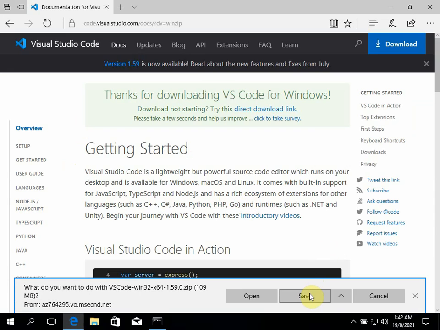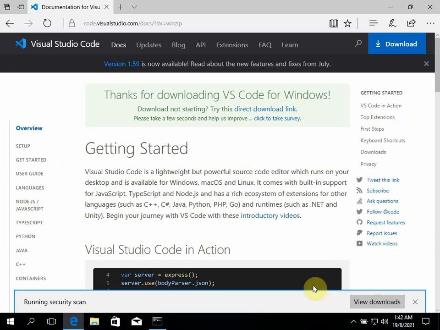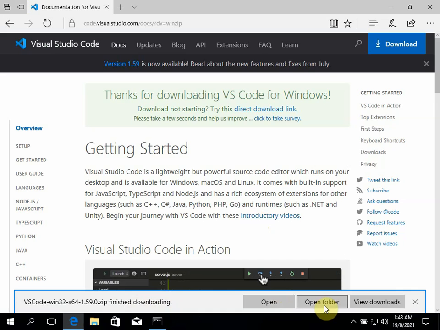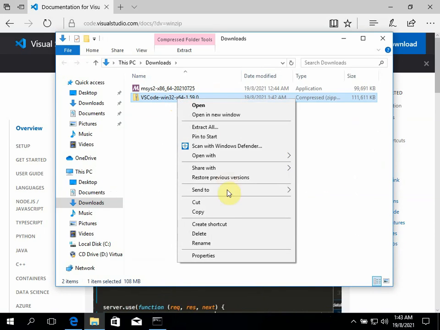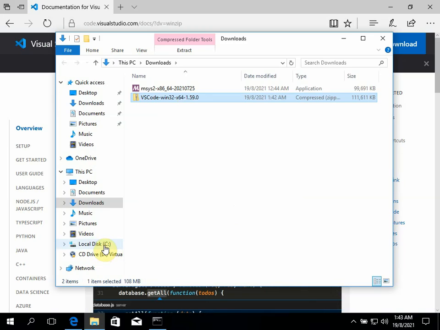Typically, after that you just click save over here, right? You want to save it. It will download to the download directory. Typically it will not take very long. Okay, it finished downloading, so pretty fast. Let's open the folder. Is it there? Yes. Very fast. Okay, so after that we want to copy this file, and then put it into C